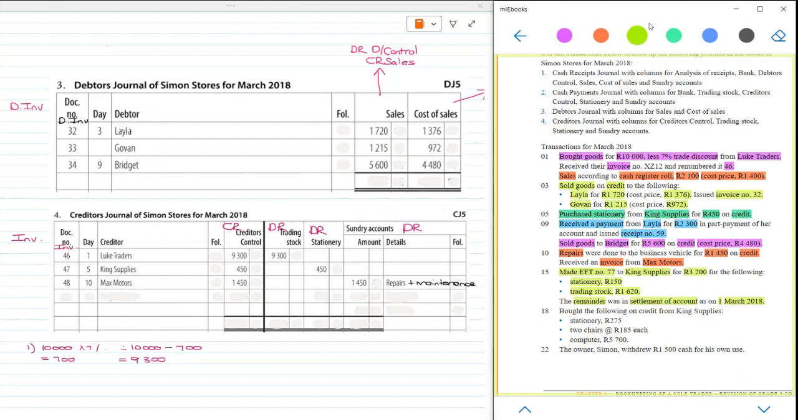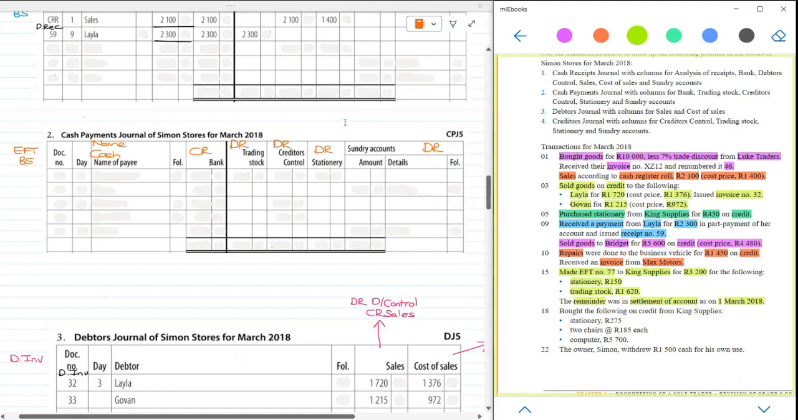Okay, so in my CPJ, an EFT was made, so our source document is EFT number 77. The date was the 15th. We paid King Supplies, that's the name of the payee. In total, we paid them 3,200. The stationery, 150, I have a stationery column, 150. My trading stock, I have a column,